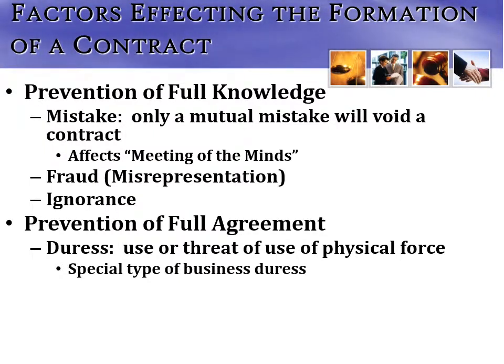And that's duress. Now, in the business world, we have a special type of business duress. This is when one business uses another business's bad economic situation or imminent threat of financial ruin, and they come in like a white knight to save them. They're using a form of business duress, and that's looked down upon by the courts as well, because that outfit might not have wanted to negotiate, but are felt forced to stave off financial wreck and ruin.